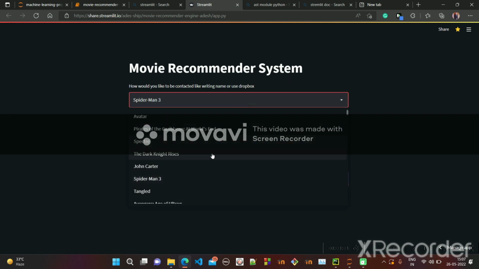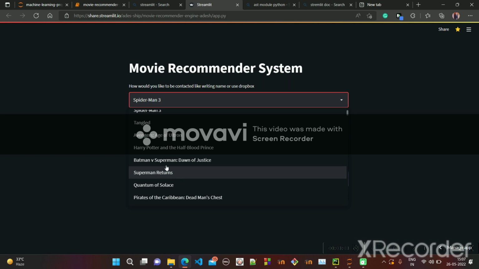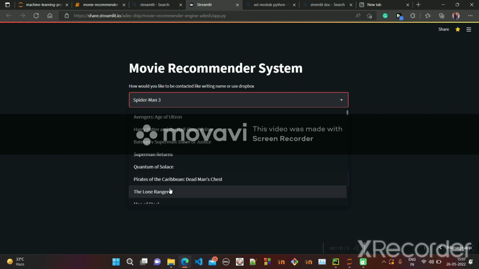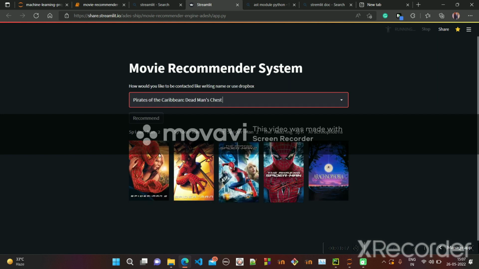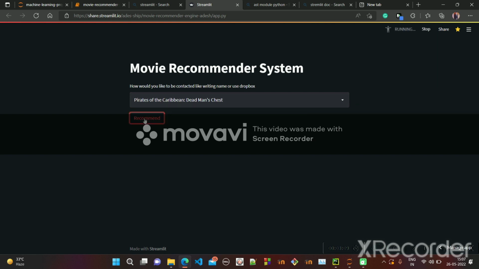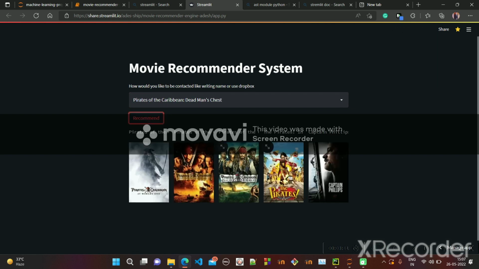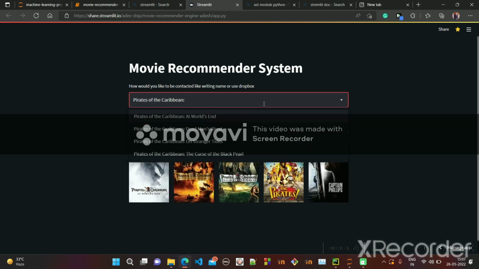Let's experiment on other movies. Let's say Pirates of the Caribbean, and again recommend me some movies based on content-based filtering. Yeah, Pirates of the Caribbean: At World's End, and Pirates of the Caribbean: On Stranger Tides, and so on. Let's try another movie,